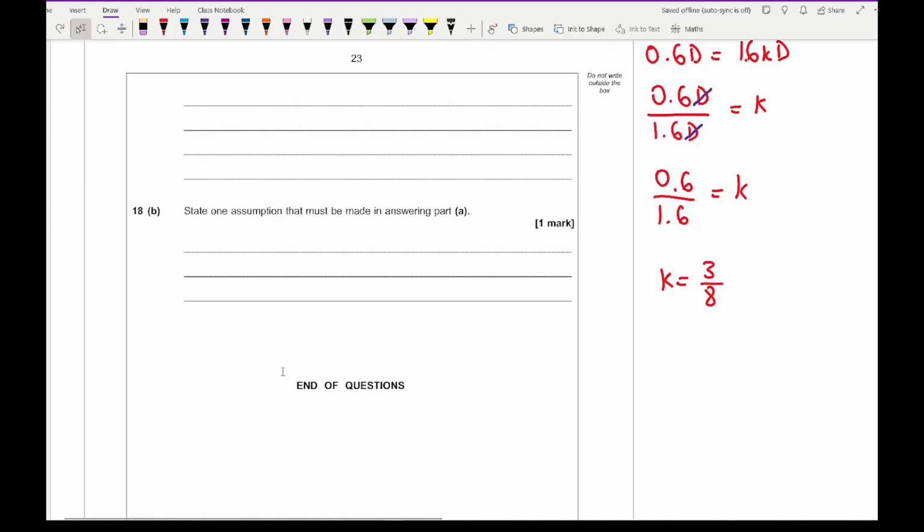Finally, 18b says state one assumption that must be made in answering part A. So that is in reference to the tow bar. So our assumptions about the tow bar are usually the same in these types of questions. So we can assume that the tow bar is rigid, or that the tow bar is inextensible,